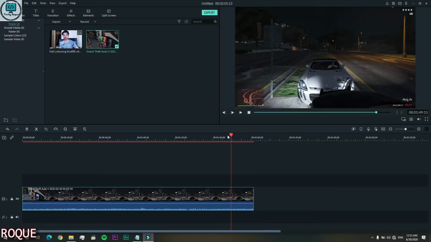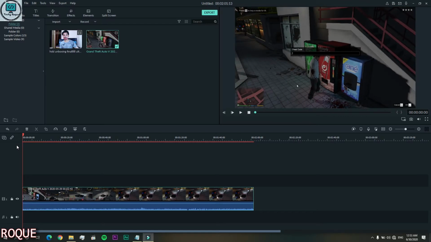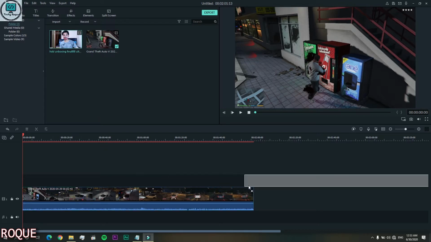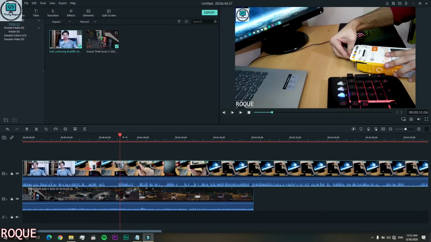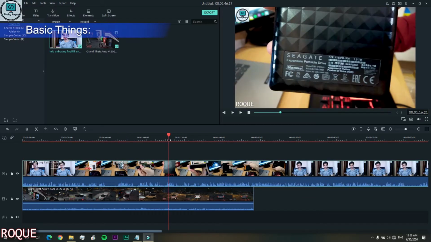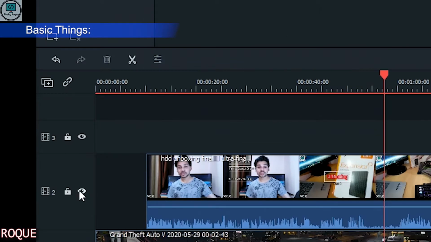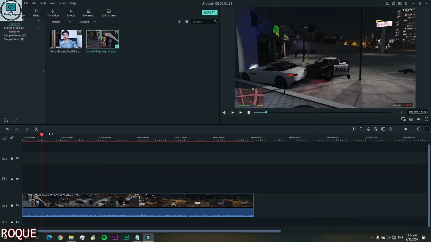Here you can see the video on the timeline, and you can edit this video and focus on it, and you can click this button to play. You can also use the space bar to play the video, and when you add a second clip, it will automatically add a second layer, that is video 2. Like this, video 3, video 4, and the upper video is always on top. You can also disable a video like this, then it is not shown, and you can delete it by pressing the delete button.